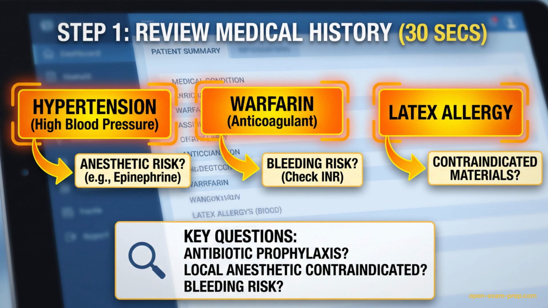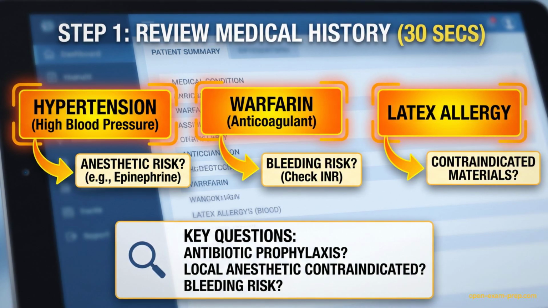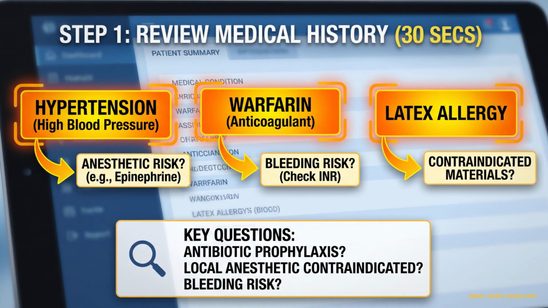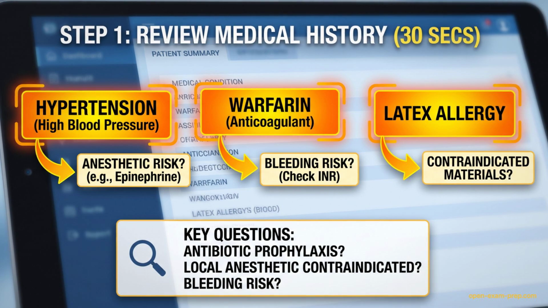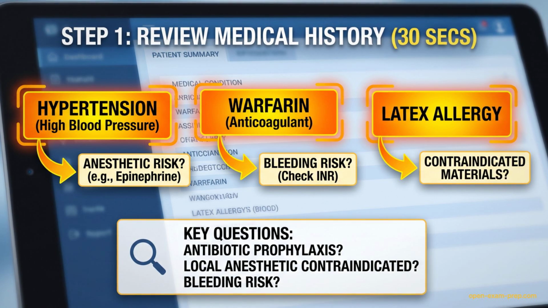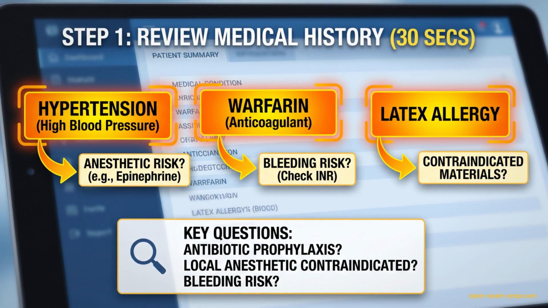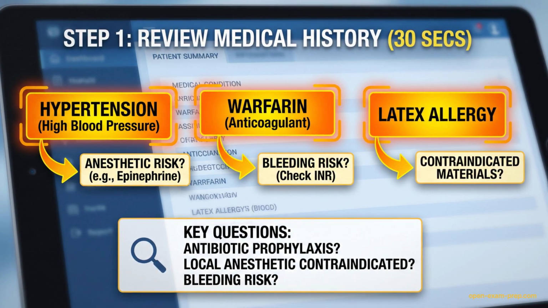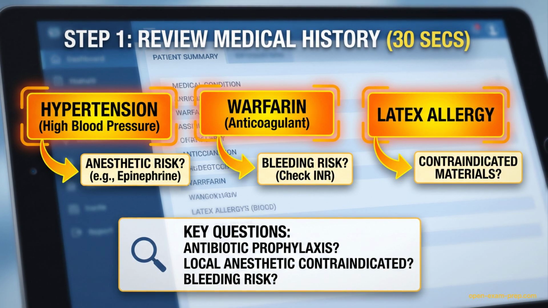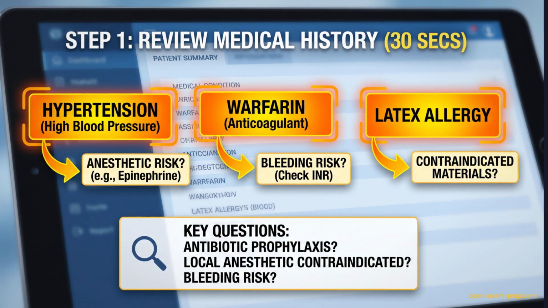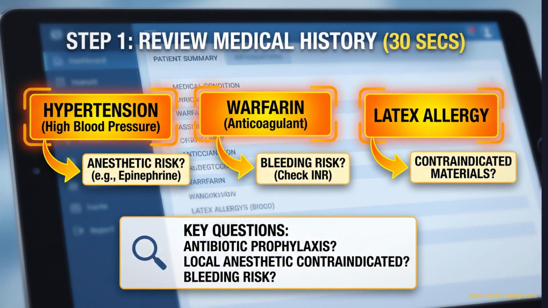Don't get lost in the details. You are hunting for red flags. Systematically scan for major categories: cardiovascular issues, bleeding disorders, infectious diseases, endocrine problems like diabetes, and any critical allergies. Ask yourself, does this patient need antibiotic prophylaxis? Are there contraindications for local anesthetic? What's the bleeding risk? Answering these questions first frames every subsequent decision you make and prevents critical errors in treatment